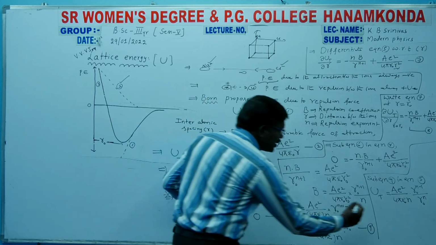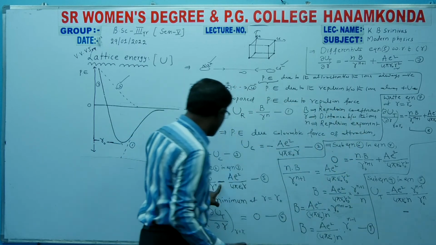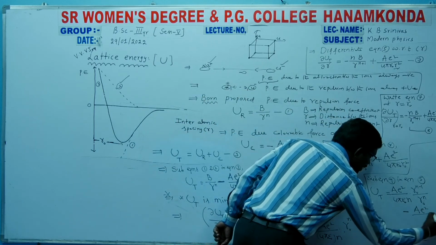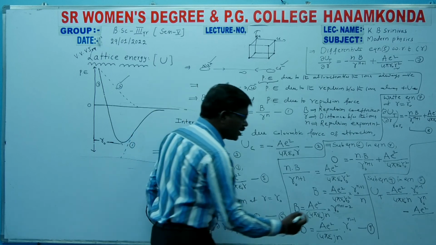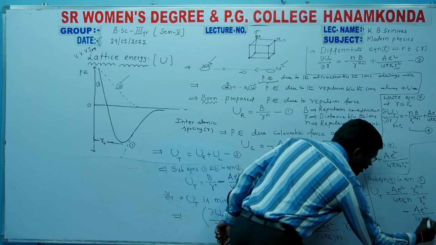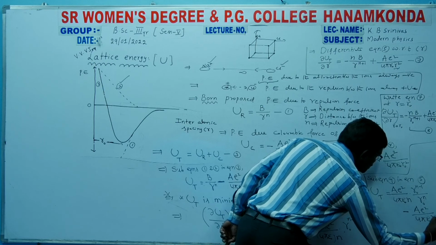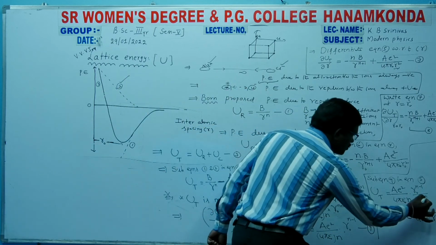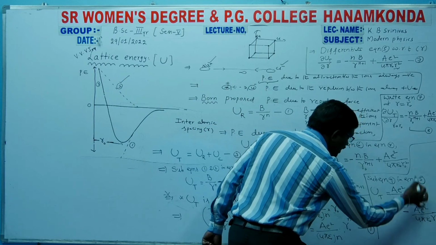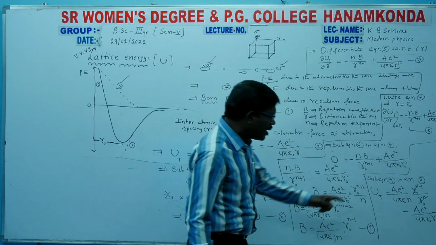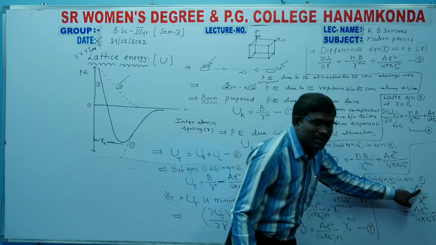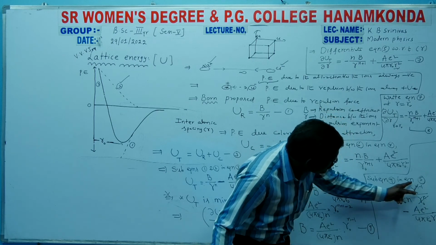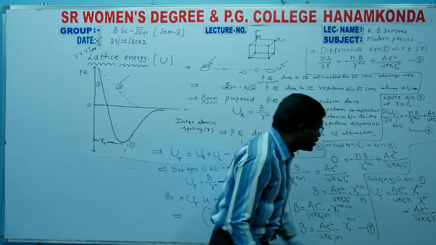What about the second term? This one I am writing here. Minus AE square whole divided by 4 pi epsilon naught, instead of r we have substituted r naught. Is that clear? Right. One r naught to the power of n, one r naught to the power of n gets cancelled. Finally we are having r naught to the power of minus 1. Just to take r naught to the power of minus 1 from numerator to denominator, it becomes r naught to the power of plus 1.